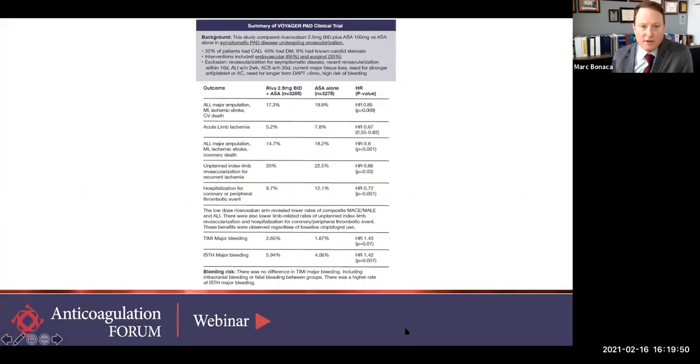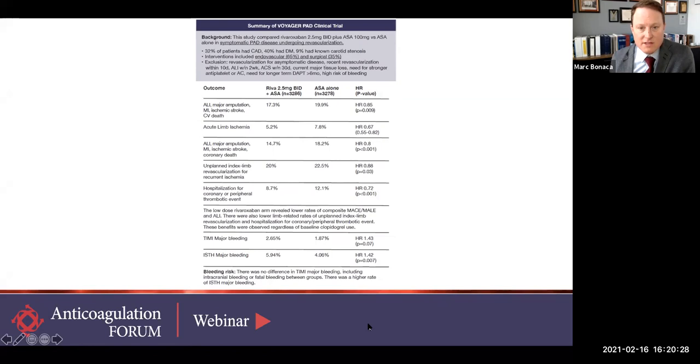So let's zoom in a little bit to the Voyager data, and you can see on this slide very nicely in the rapid resource, you have in the top box that all patients were randomized to rivaroxaban or placebo, and on a background of aspirin or clopidogrel. About half of the patients got clopidogrel. Only about a third had coronary disease, about 40% had diabetes. And there was about 2/3 endo patients, about a third surgical, and there were a large proportion of patients, just like the one that we're talking about here, that came in with critical limb threatening ischemia, very large cohort.